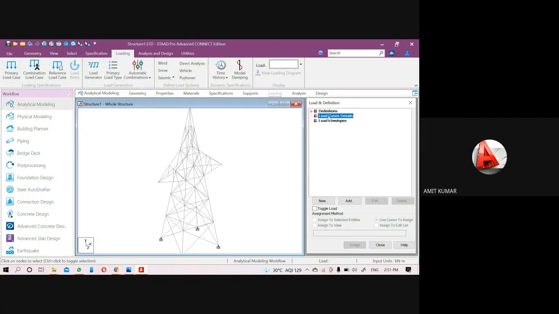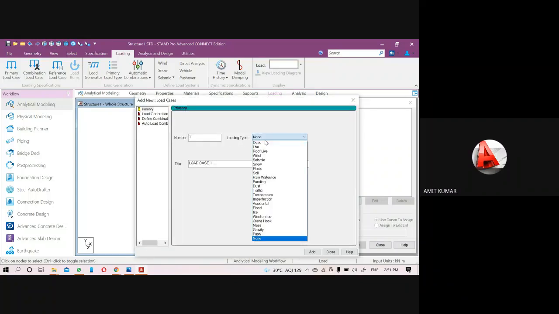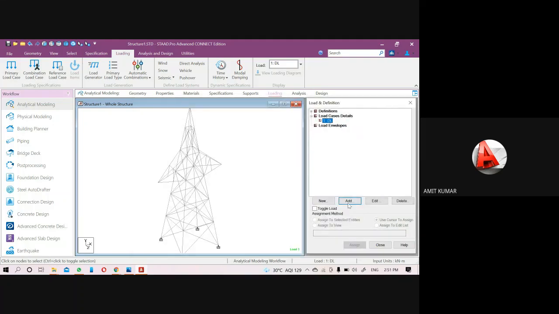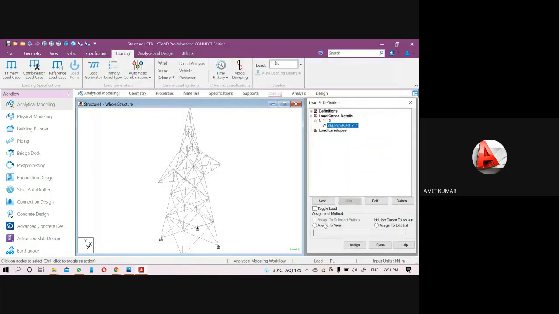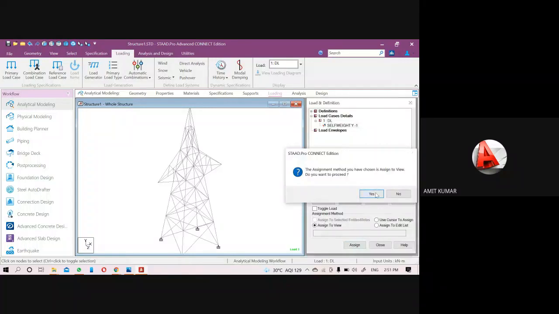For the nodal load, go to the load case details option, and first will be your dead load. So add it, and self weight. Under the dead load, first will be your self weight, and second will be your nodal load. So see how we will add the nodal load here.